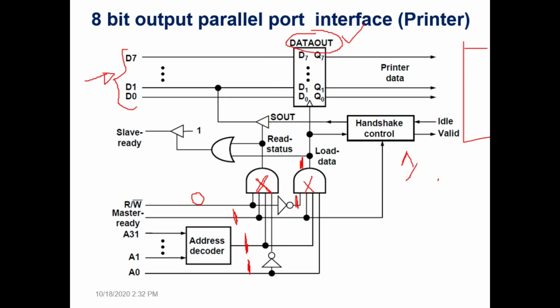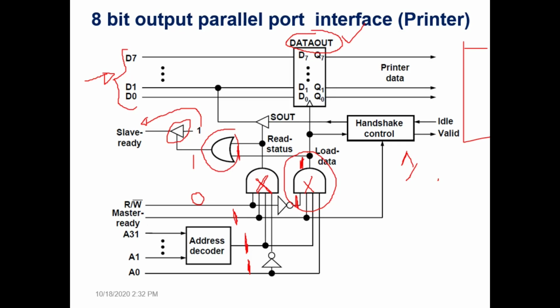Okay, so the output of this AND gate, which is 1, also reaches this OR gate. So the output of the OR gate is 1, which makes this tri-state buffer send that 1 to the slave ready signal. That means when data is placed in the data out buffer of the interface circuit, the processor gets the slave ready signal, a confirmation that the data has reached the interface circuit. So this is the part from the processor side.